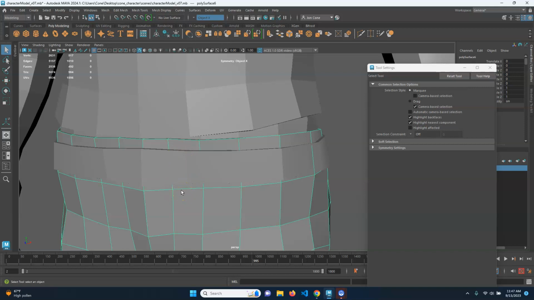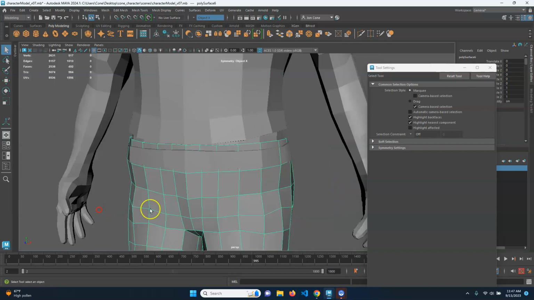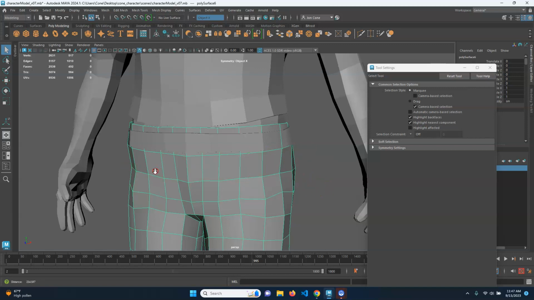I can approach this one of two ways. I could either build it directly into the model, so I would add edge loops and then extrude those around, or I could model just separate little pieces that come across. Technically, they are separate little pieces. It kind of depends on what you're trying to do. So believe it or not, for game design, it would actually be more beneficial to make it separate pieces, because